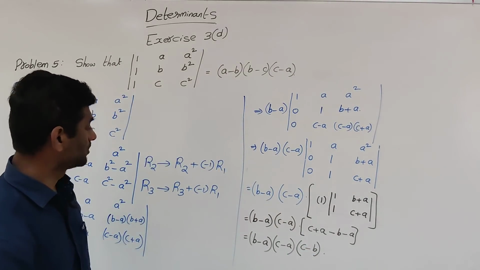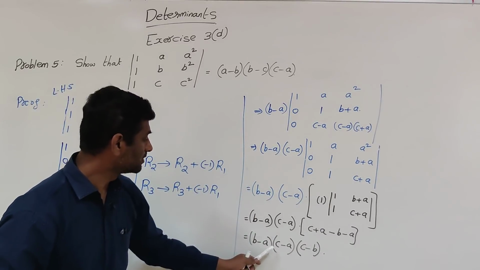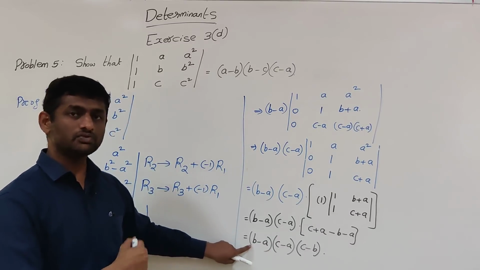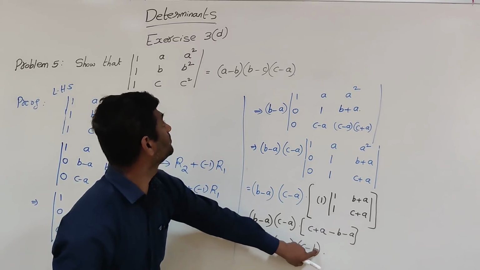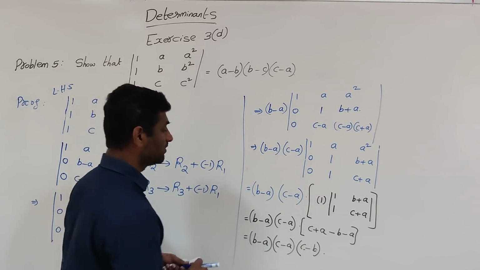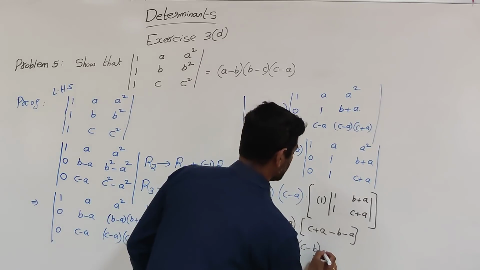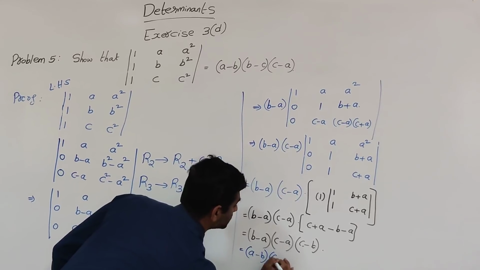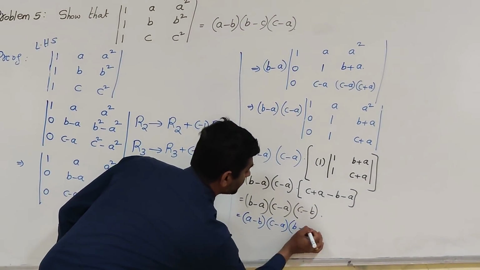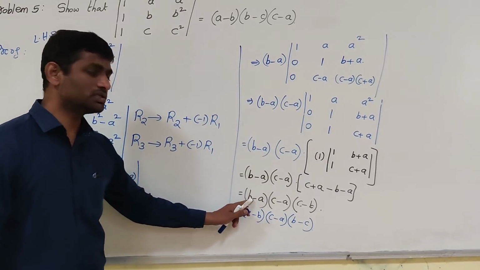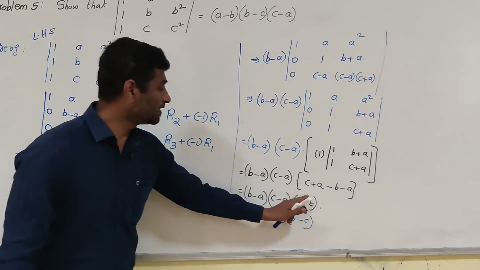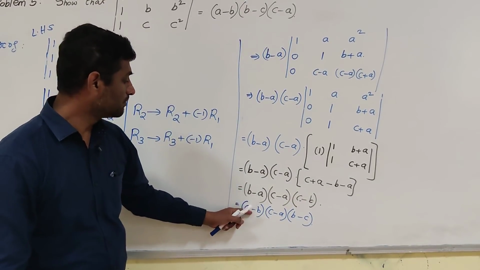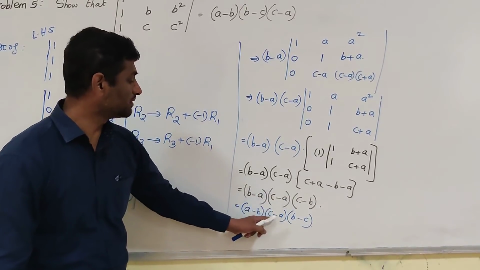So is it the proof? As it is A minus B, we got B minus A. But here, if we take in this product, if we take minus 1 outside, similarly from C minus B also, if we take minus 1 outside, then this will be equal to what? So it will be A minus B, C minus A, and this will be B minus A. Because from this we are taking minus 1, and from this minus 1. So minus 1 into minus 1 becomes positive. So it will be A minus B, B minus C, and C minus A is as it is.